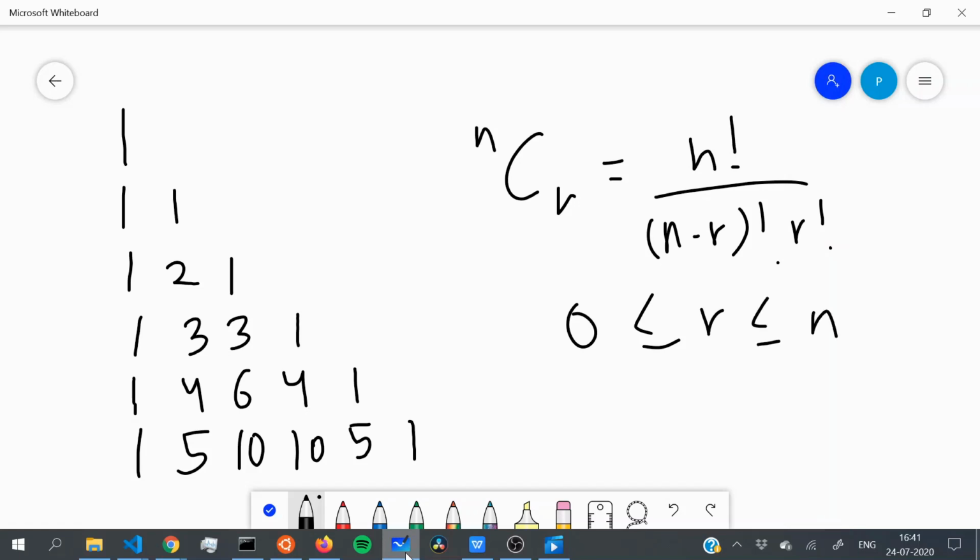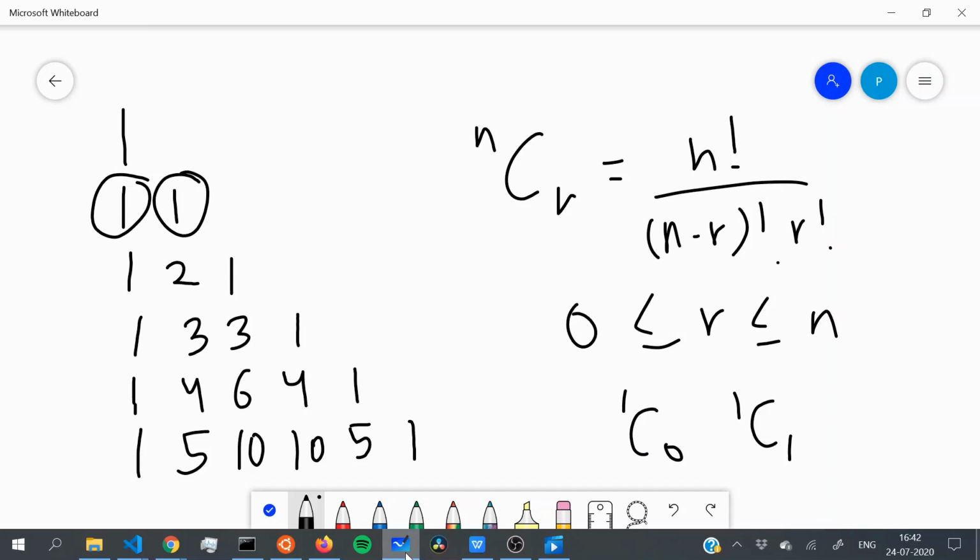Why are we talking about this? If we take any number in this, for example, this number over here can be written as 1C1. Now why did I choose exactly 1 and 1 for r? If you notice the number before that, this can be written as 1C0, and you can also calculate from the formula that both of these will return 1.